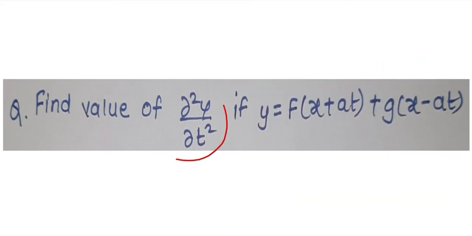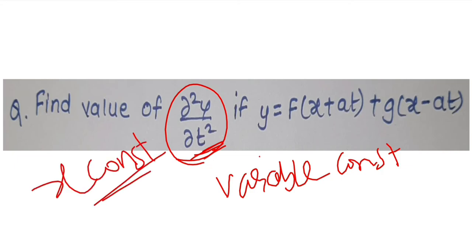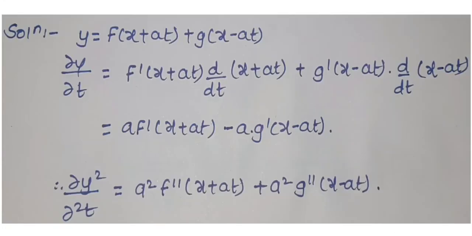So moving forward, we have to find the double differentiation with respect to t. So we will take other variables as constant. The variable other than t is x, so we will take x as a constant term. That is the condition here for finding the partial differentiation. So moving forward,